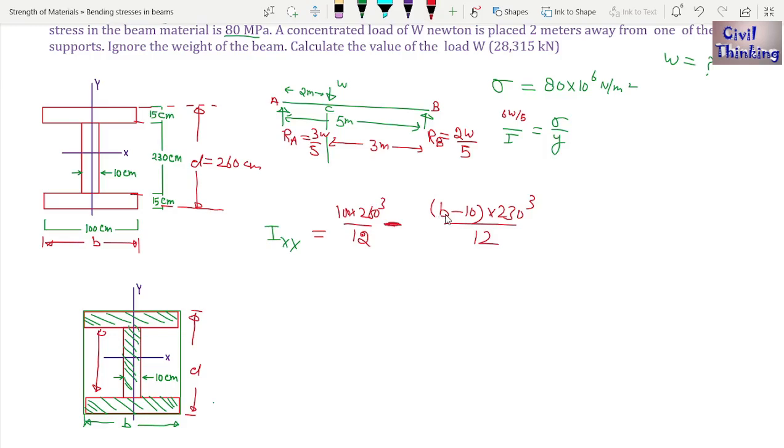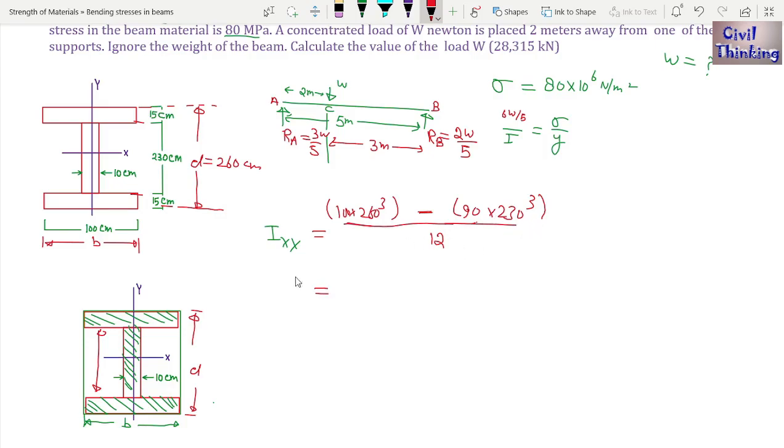Now again I will write the value of b to be 100. Now 100 minus 10 is going to be 90, right? So I will erase all of this. It is going to be something like this, 90. Now they are both divided by 12, so I am going to take 12 to be common, right? So it is going to be like this. This is going to be 12, and here it is going to be a subtraction, right? Minus sign. Now when you use a calculator, 100 multiplied by 260 cube minus 90 multiplied by 230 cube, whole divided by 12,